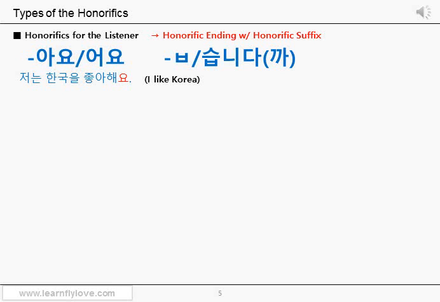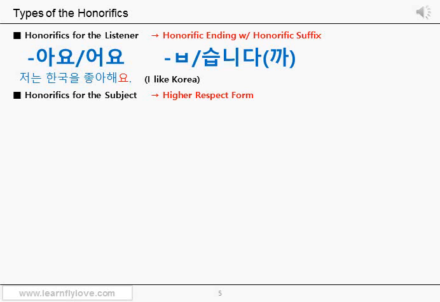And you also learned about the higher respect forms. The higher respect forms are used to show more respect to the subject. Again, higher respect forms are honorifics for the subject of the sentence. What is the difference between the listener and the subject? Of course you know the difference. The listener is someone who you are talking to, and the subject is someone or something that you are talking about. Needless to say, when you talk to the second person you about the second person you, the listener and the subject are the same.